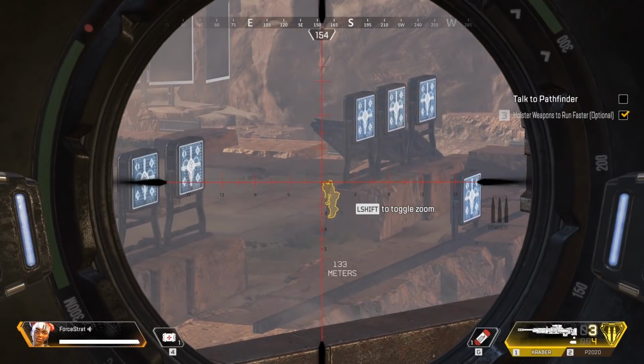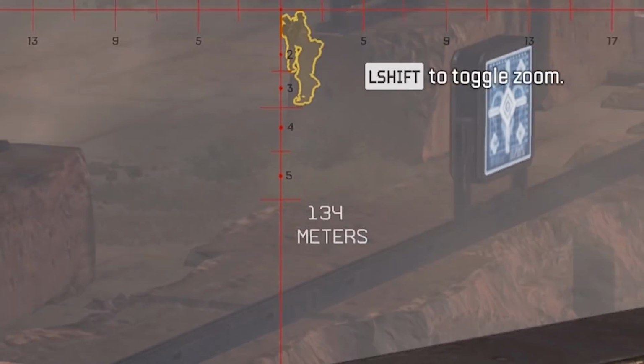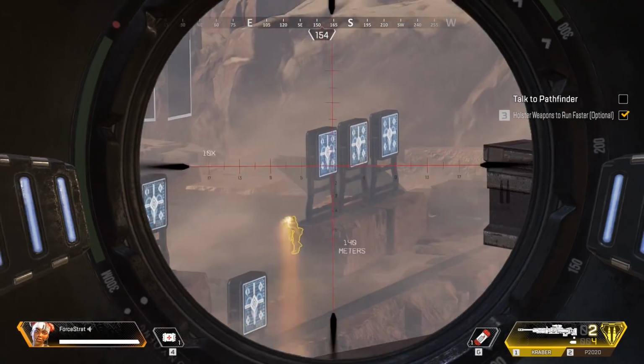We got a cool developer tip about the range scopes in this game. You've got a marker that shows you the distance to your target, and you can use this to know where to center your crosshair. Now let's move on to